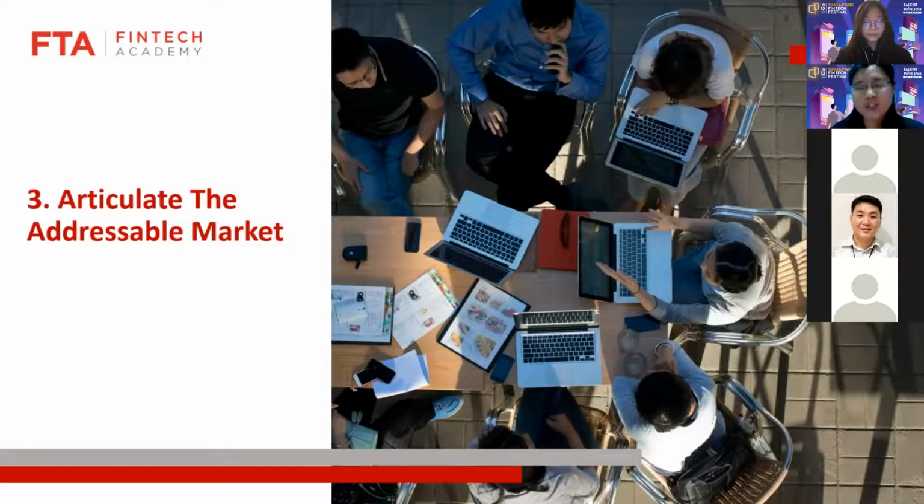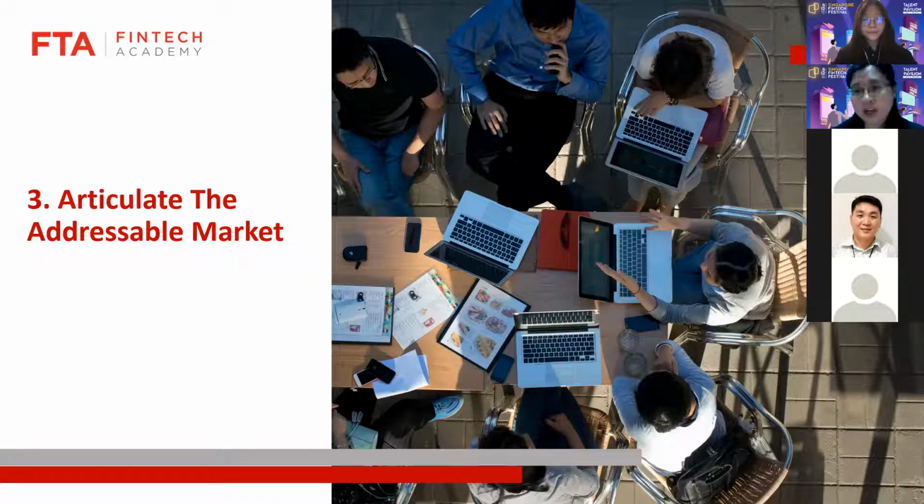Now, the tendency is founders might just say that people who like to drink fruit juices are from the ages of 18 to 55, and that would be our key target group. Now, that is really, really broad. What you want to do to refine your addressable market is to narrow it down and say that our healthy fruit juices have zero levels of sugar, and they'll be great for patients or for people who are dealing with diabetic issues or who are trying to lower their sugar intake.